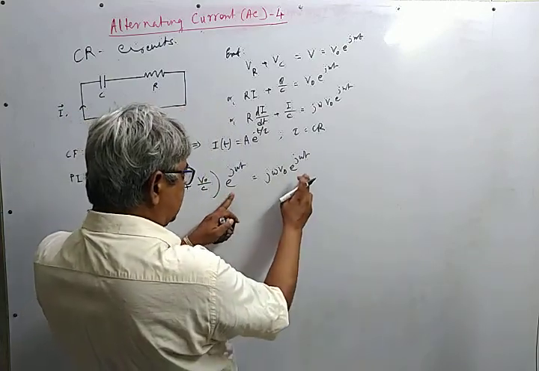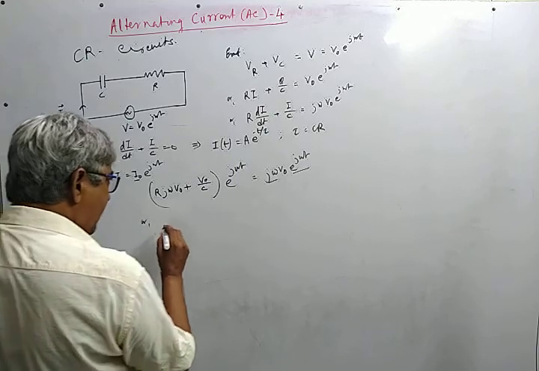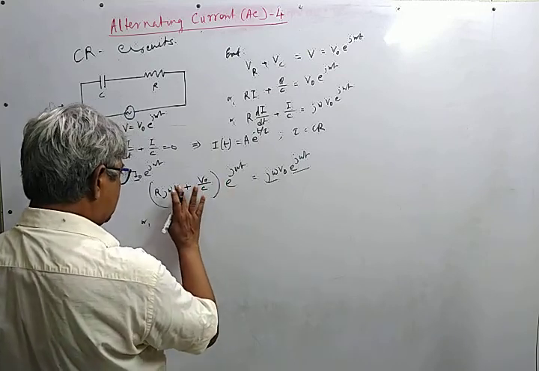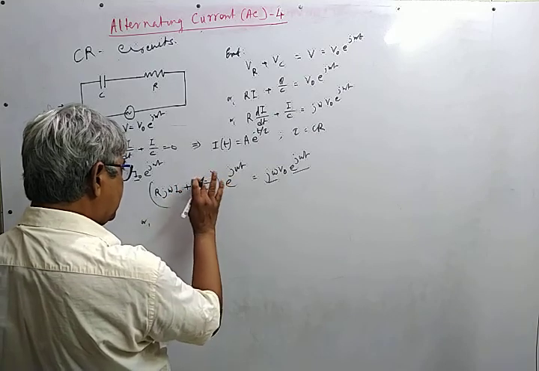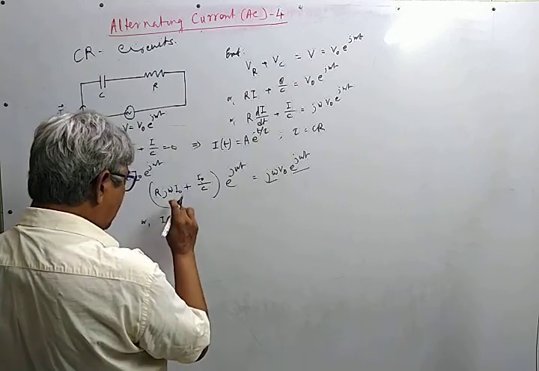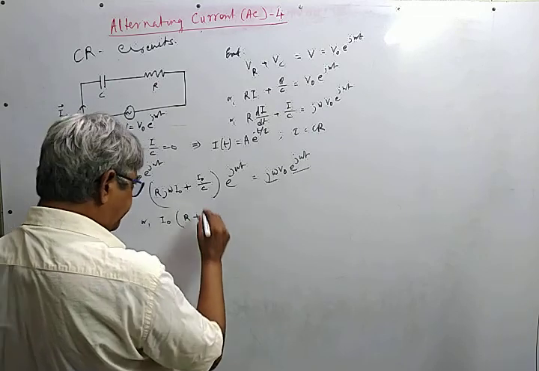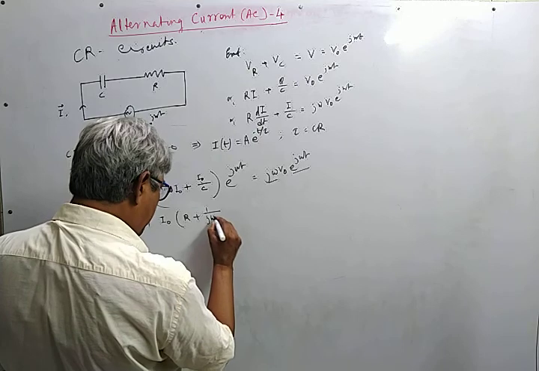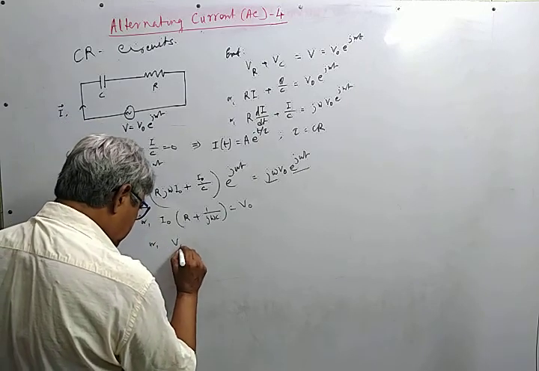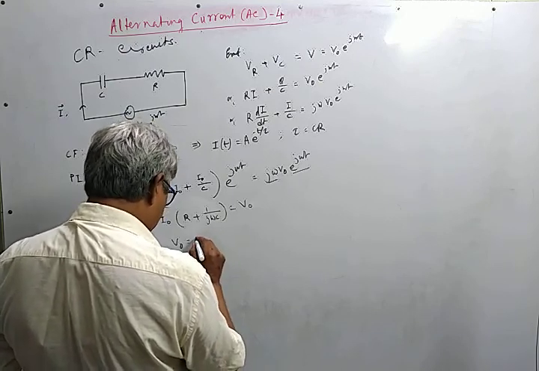If we divide both the sides by j omega times this, we get I0 taken common, and this is R plus 1 upon j omega C is equal to V0, or V0 is equal to